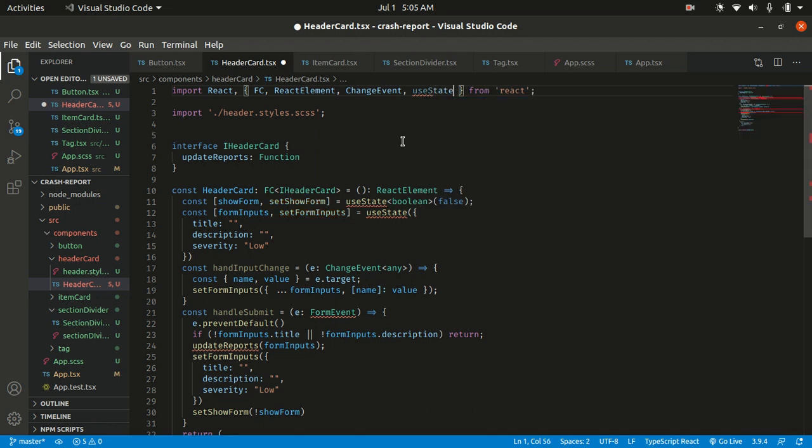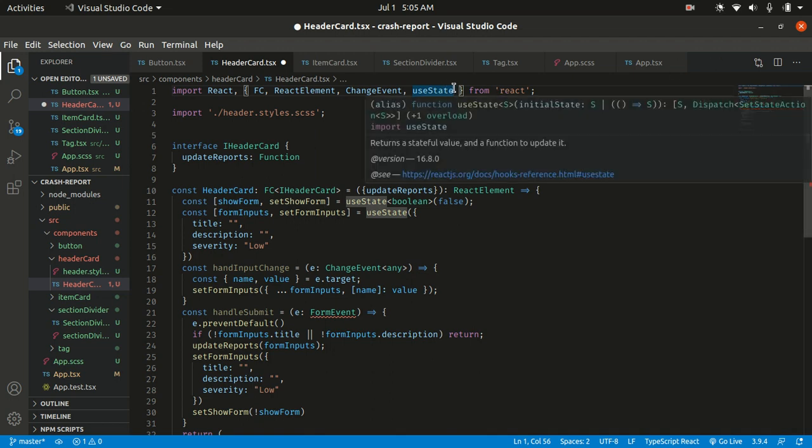Which other thing? Okay, I think that's it. So I need to pass in my props, IHeader, update reports. I get IntelliSense here. I think I need form events. Oh yeah, I need form events from React. These are just